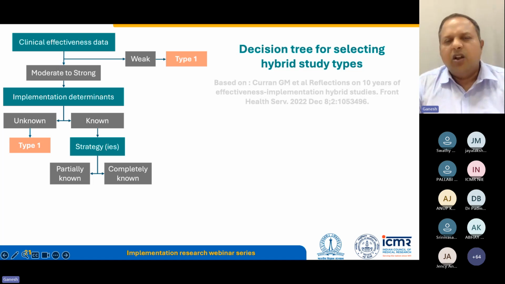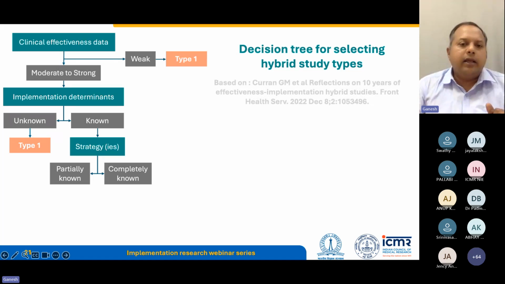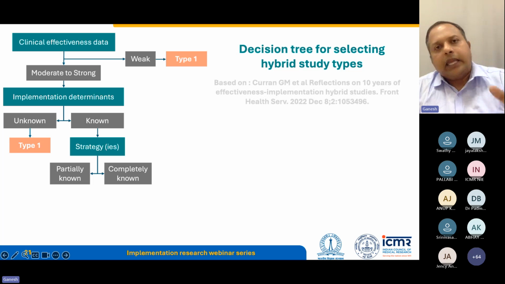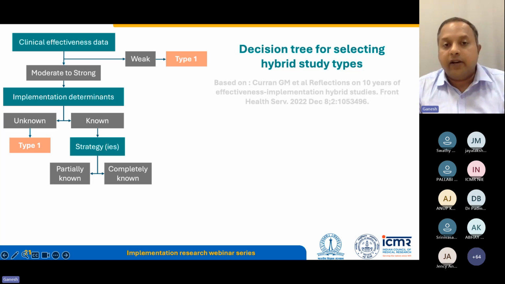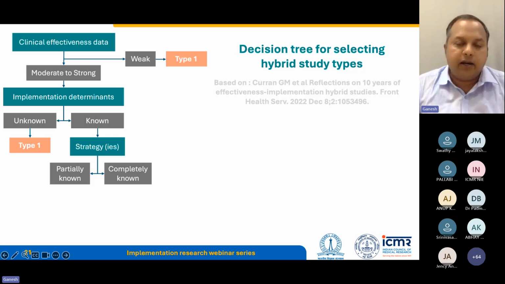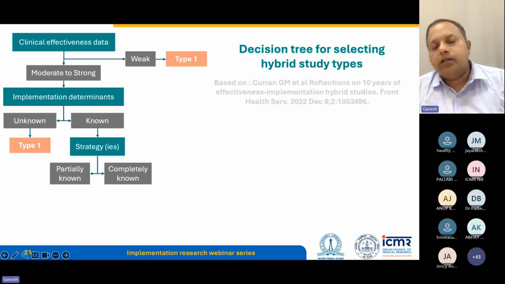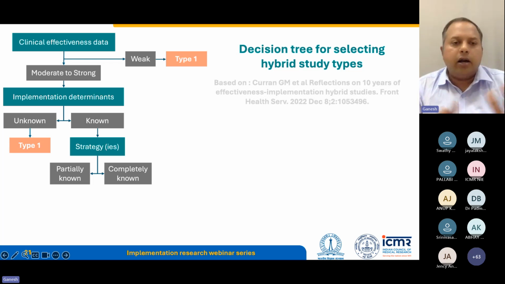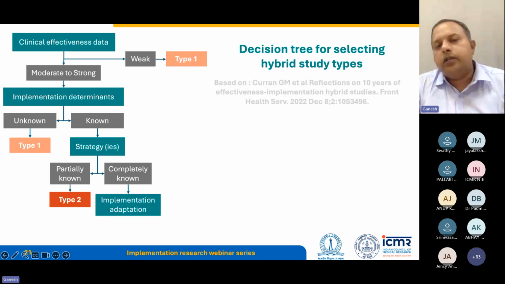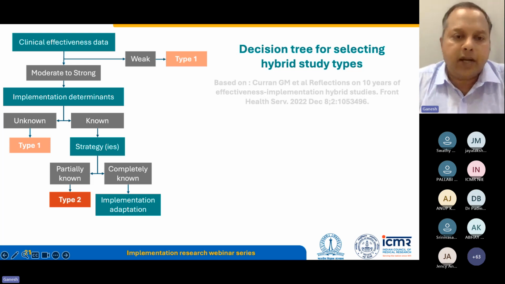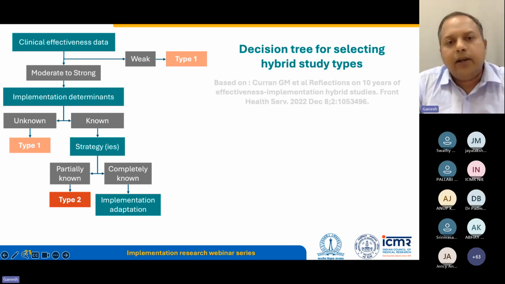If it is partially known, say there is not much evidence in the Indian setting, but a lot of evidence is available in African countries or Southeast Asian countries, but not in India or in your state context, then what you have to do is a hybrid type 2 study. If it is completely known, or you reasonably have good evidence on these strategies,